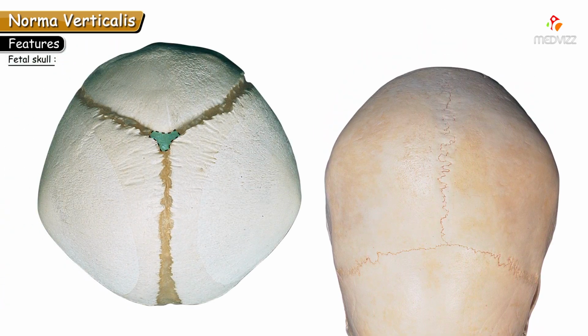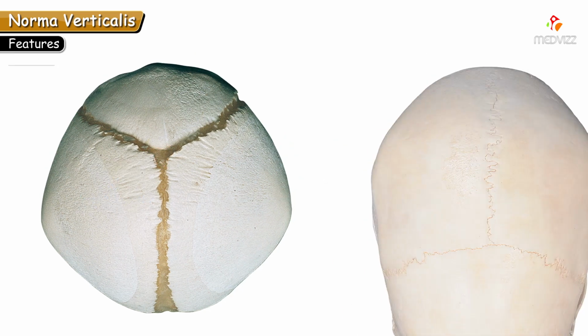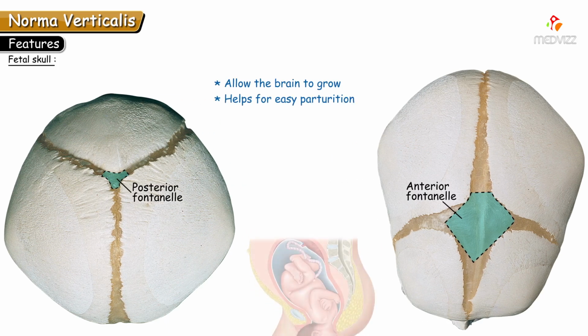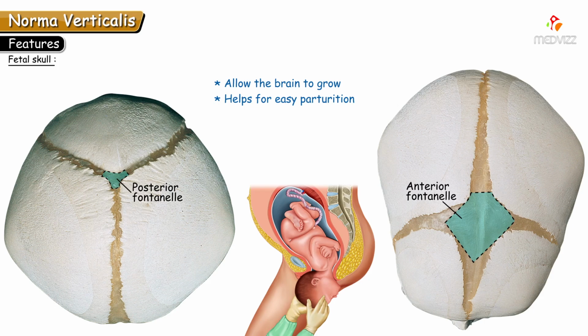The membranous gap present at the site of lambda is the posterior fontanelle, which is well appreciated in the posterior aspect of the fetal skull. Normally this gap closes 2 to 3 months after birth. The applied aspect of these membranous gaps: they allow the brain to grow in fetuses and infants, and they help for easy parturition. Means during childbirth, because of these fontanelles, the bones of the skull overlap over each other, allowing